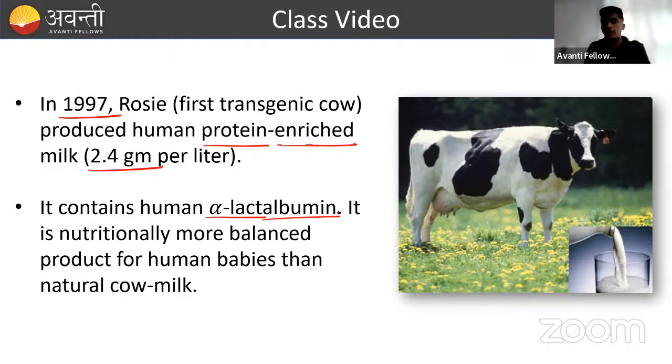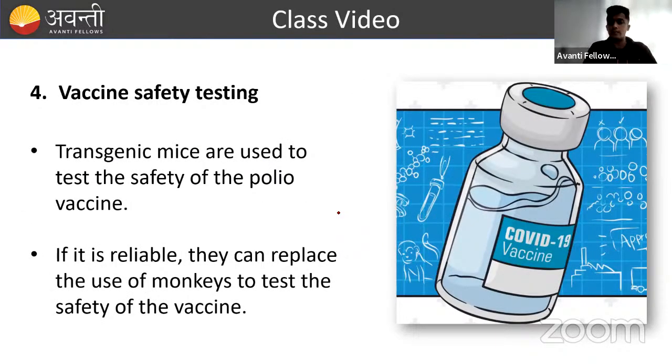So these are all biological products you can see here, right? Whether you enrich proteins through milk or enrich alpha-lactalbumin, you enrich your crops, enrich the meat, or produce hormones, enzymes, or whatever it is, it's all biological products. Understood? Next one is vaccine safety testing. So as I said, vaccines are very, very important. Why is it so important? Recent cases are very good examples for us. COVID-19 is a good example. Polio is a very good example. Diphtheria, cholera. Okay, these are all life-threatening diseases. So before we even see, for example, creating antibiotics for this is very hard, and it is impossible. Let us take it that we don't have antibiotics for that.